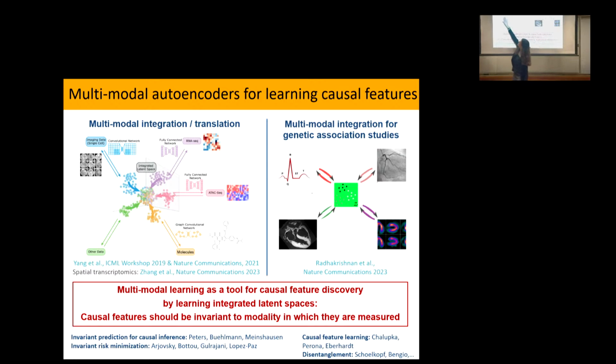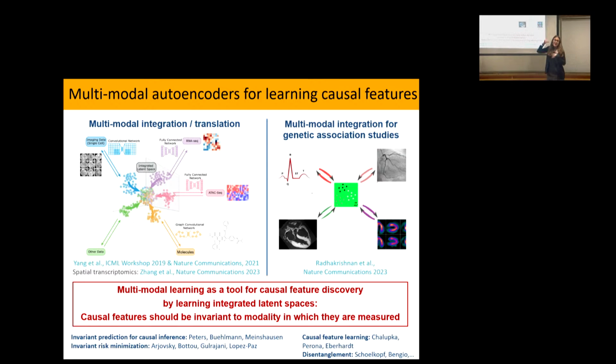So this is now an autoencoder that goes from one modality to a latent space and then back. And you have other modalities and you build them into the same latent space. Okay, and you just match them in the latent space. If you have paired data, you can just match them so that, if you have a cell over here and a cell over here, they're the same cell, just viewed from different points. You just have a loss function to make them match in the latent space. And that also then allows you to translate between different modalities. We did it for heart ECG and MRI data so that you can now translate between many different modalities. But that was the intuition.